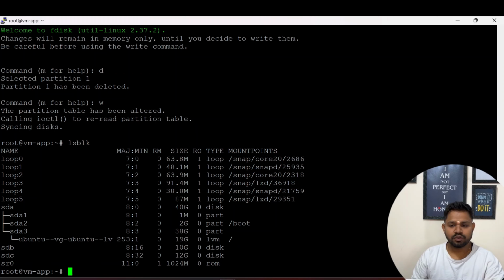Hope you have understood what a logical volume is and what its use is, how it is better than standard partitioning, how you create and how you extend the logical volumes, what all the components are, how they can be extended or reduced, and all the commands which can be used to manage the logical volume manager. If you have any questions or if I have missed anything you think, please comment down,